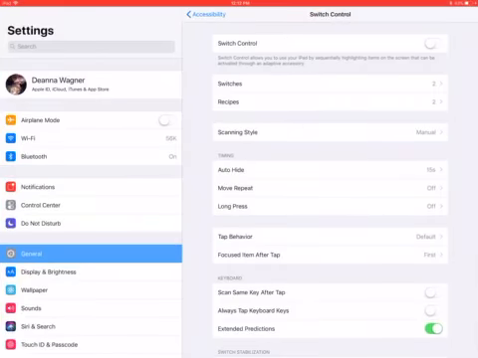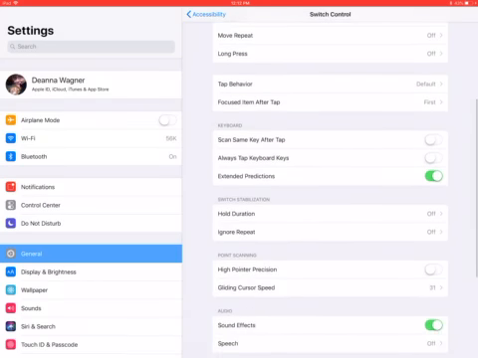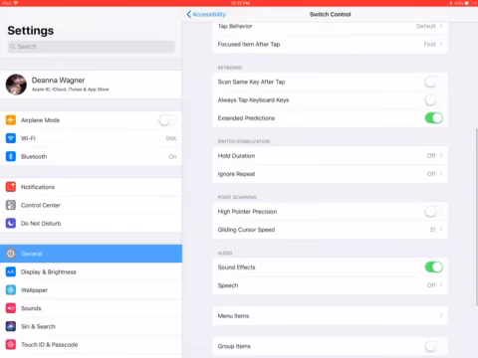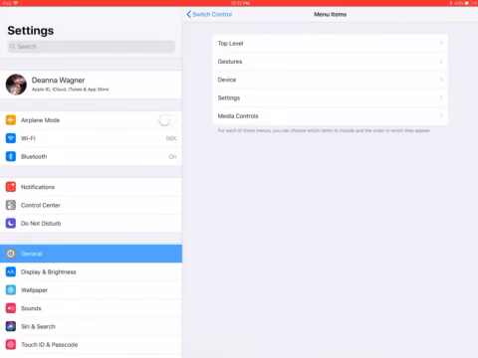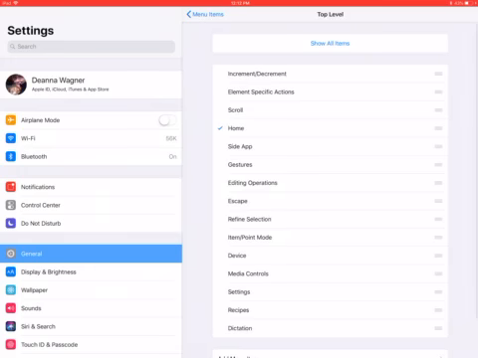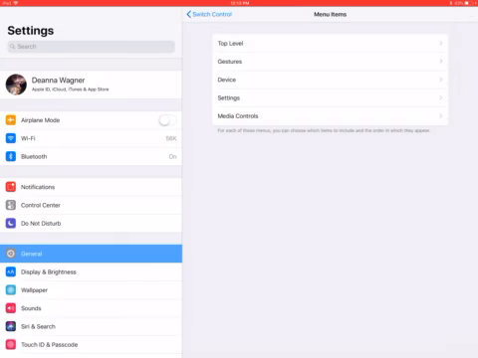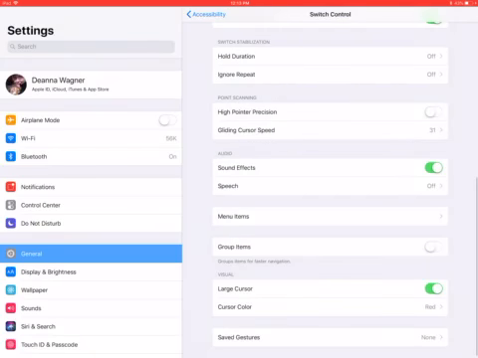So instead of using the switch access settings within my Pictello app, I'm going to go into my switch control accessibility menu. I'm going to take a look at how this is set up, and if I don't want to read any stories, I need to make sure that my top level has the home button checked, so I can show all items or hide all items and then say I just want the home button. This means if I don't want to read any of those stories, then I can choose the home button to